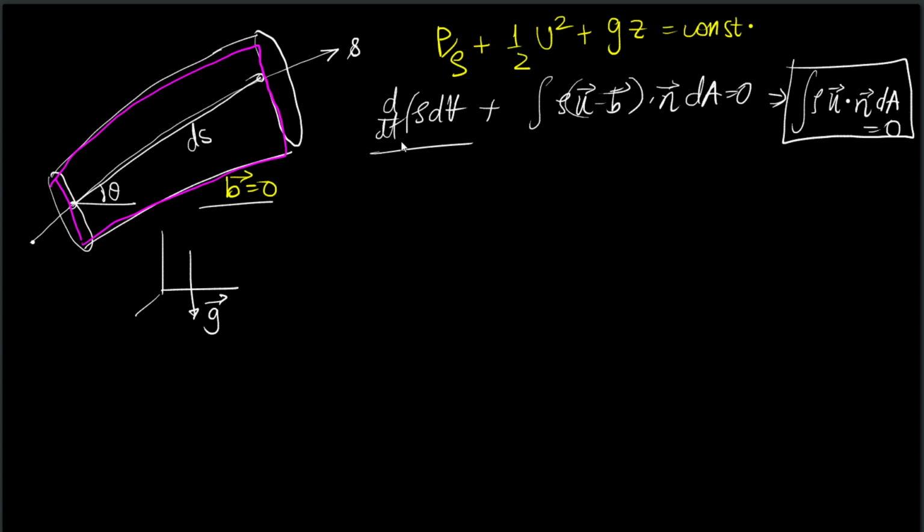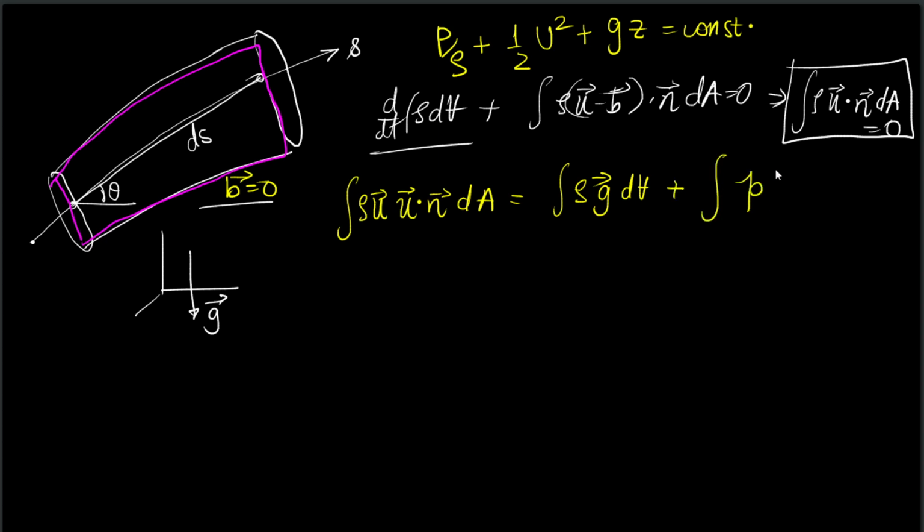What about conservation of momentum? I'm not writing down the unsteady term. So it will be directly integral rho u (u dot n) dA, and this will be equal to the forces acting on the control volume. The forces acting on the control volume will be due to the weight of the fluid, so it will be integral rho g dV, and it will be because of the pressure. So if I write down the expression for pressure, the force due to pressure will be minus P,